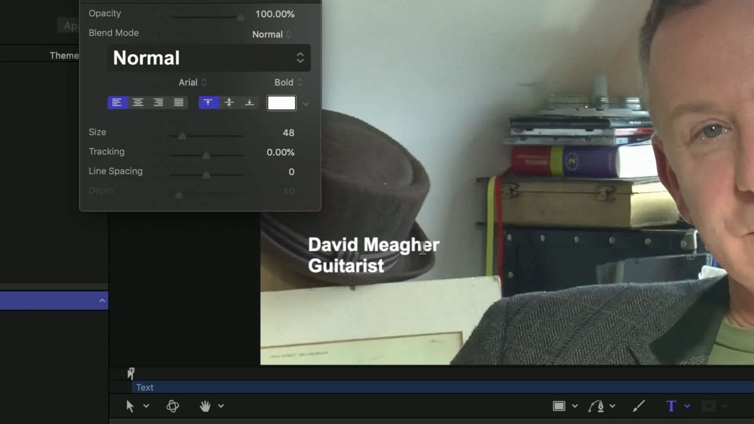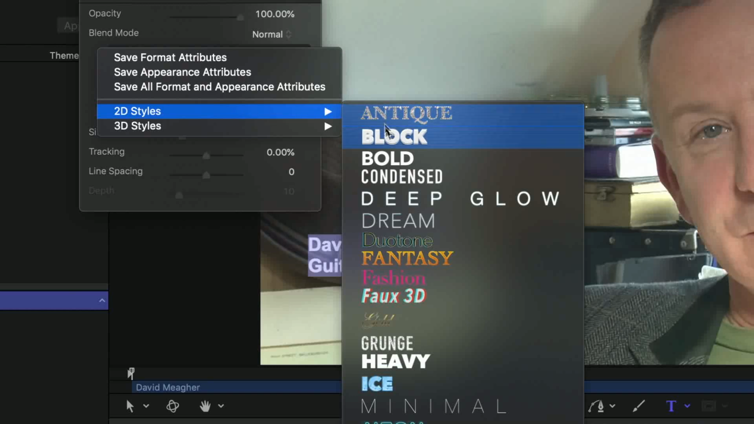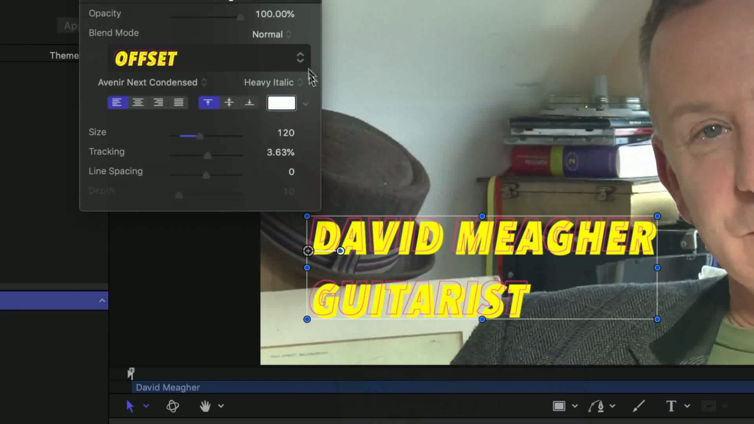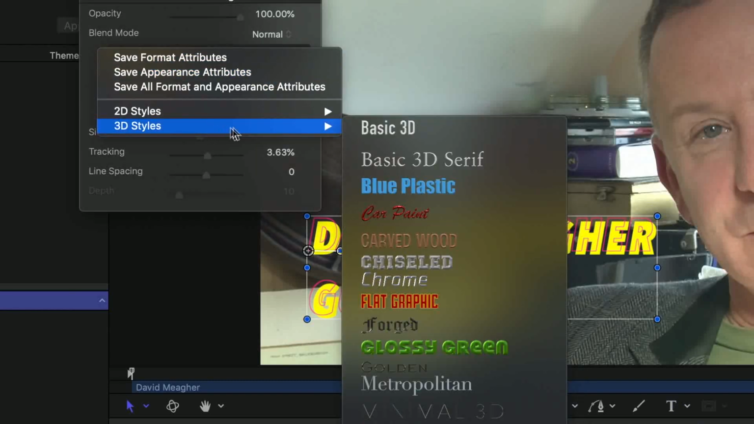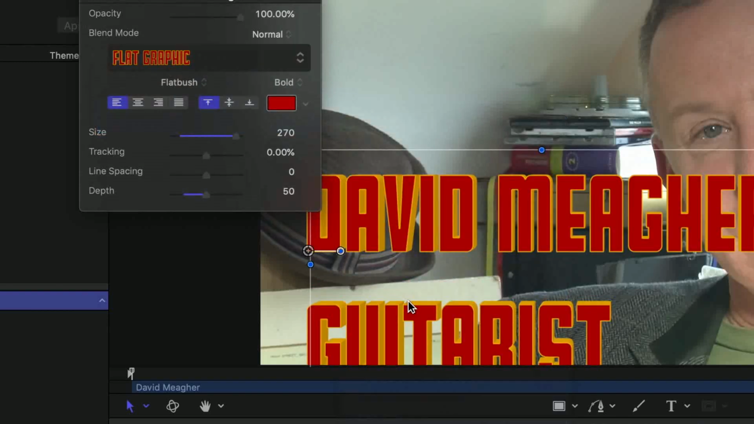Now, straight away, I have a variety of options here. I can highlight my text, and I can choose from the normal drop-down menu either 2D styles, so you can see straight away they're there, so I can go straight in and choose something funky like that. Or you can see my options are 3D styles, and you've got basic 3D options. So if I go into a kind of a flat graphic here, you can see again it changes instantly,